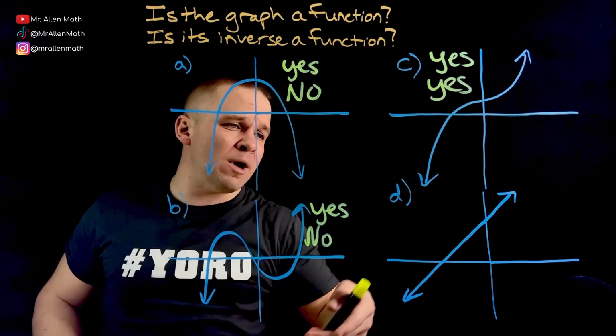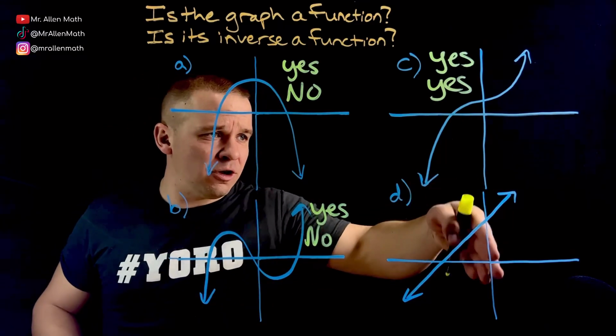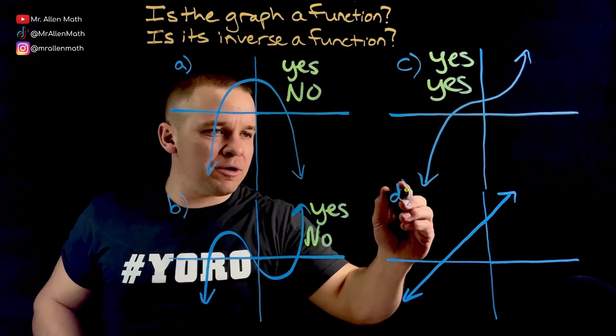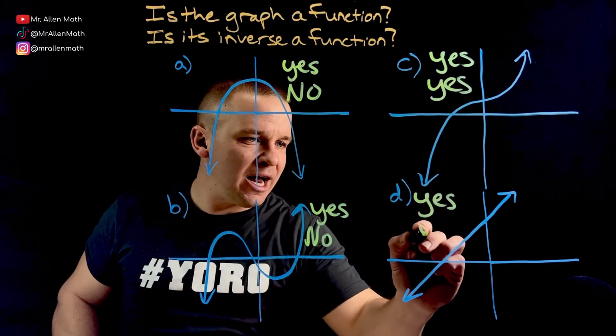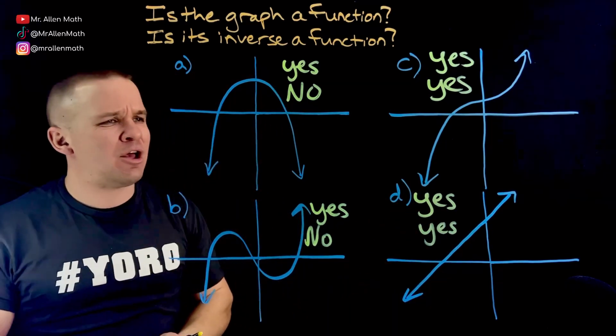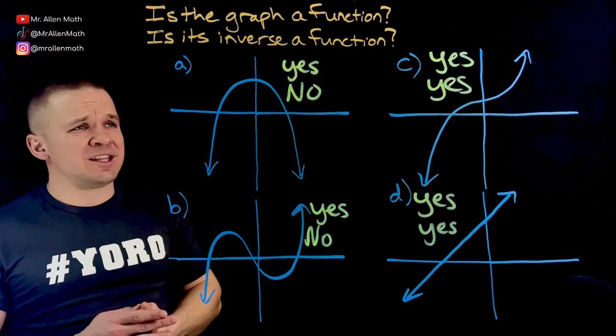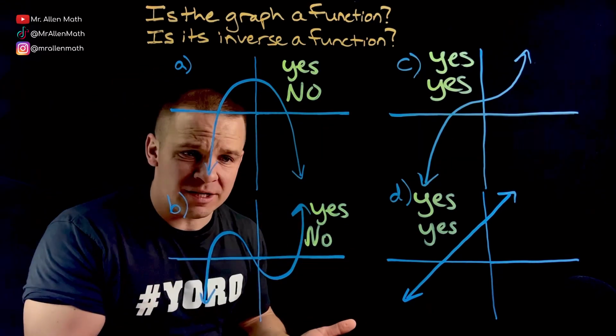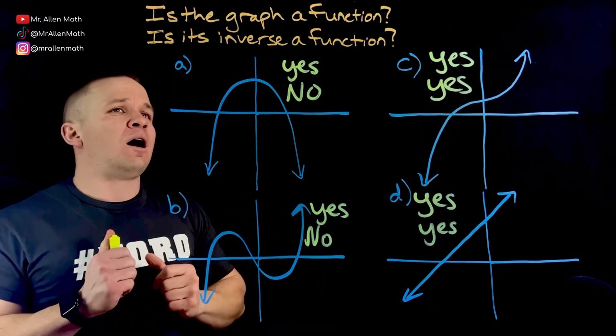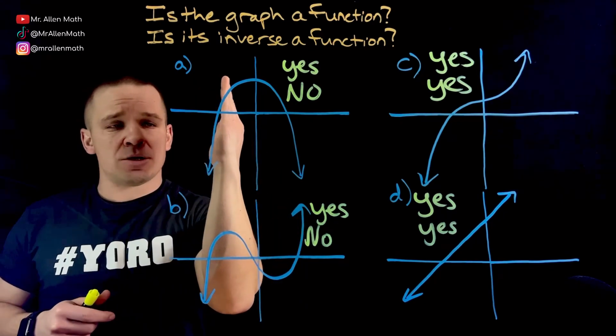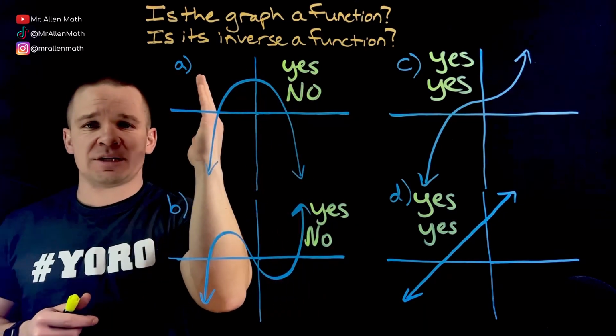Looks like a linear equation. It's passing the vertical and it's passing my horizontal. So yes and yes once again. Beautiful. So if you're asked a question like this on a test, they might ask you to justify it as well. All right, so passing the vertical line test, only going through once at any given time, tells us that